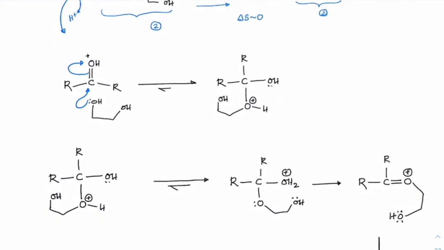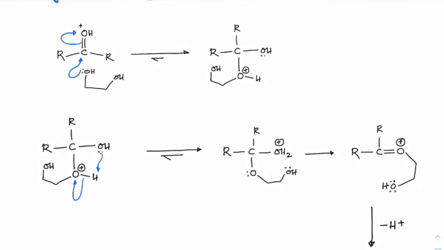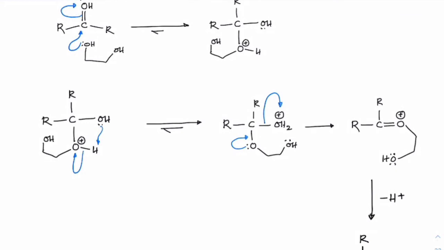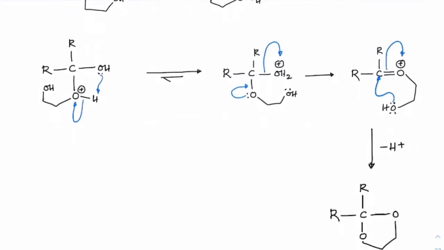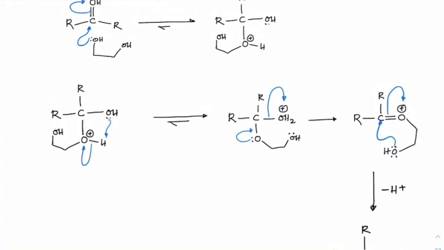Now from here this OH will take away this H+ so that it can come out as water, and this would become a lone pair on it, right? And once this H2O leaves, the lone pair here will make it a double bond, and we'll get this type of form here, right? And once we have that, the lone pair will attack on carbon, and the pi bond would again shift back to oxygen, and that's how we will have this cyclic ketal formation, or cyclic acetal formation.